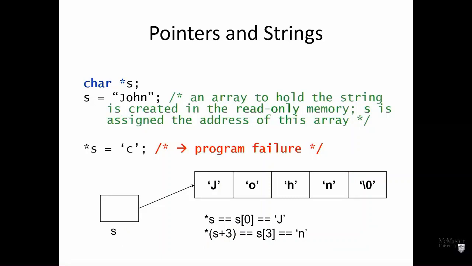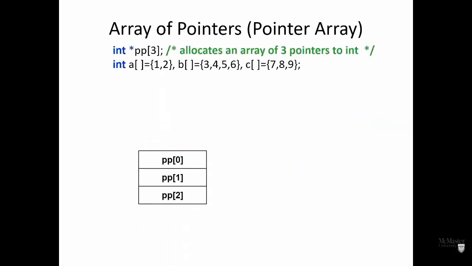So let's take one example to see what's going on. So char s equals John, this is the example we had from the previous slide, and you cannot now say dereference s and change J to B. So last time we started discussing how to define arrays of pointers. Good? And the thing is, you need to think